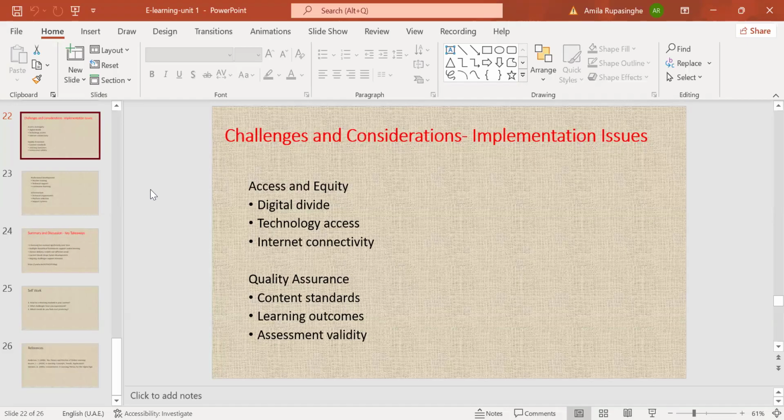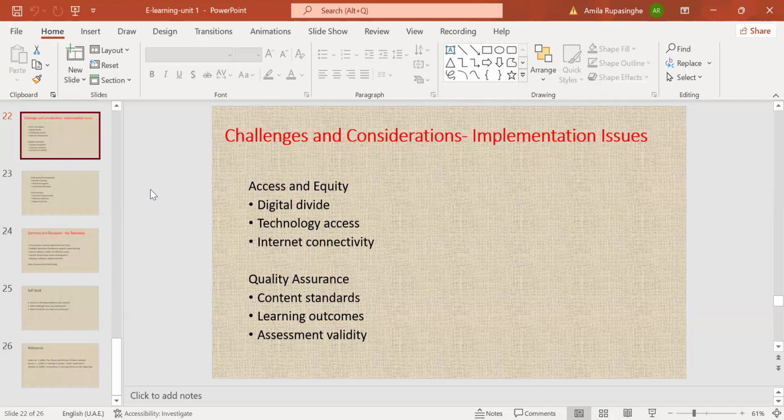Now we have solutions for these: creating standards, filtering, and when putting selected items into the education field, monitoring them for our students. We can do things like that, but basically, look, anytime you can go to Google or any other place and find whatever you want, but you don't know whether it is correct or not. That is the problem, right? There are challenges regarding standards and quality, and we also have to consider that.